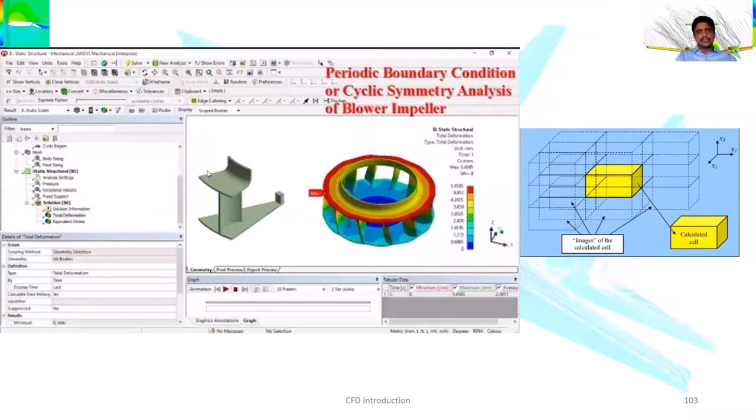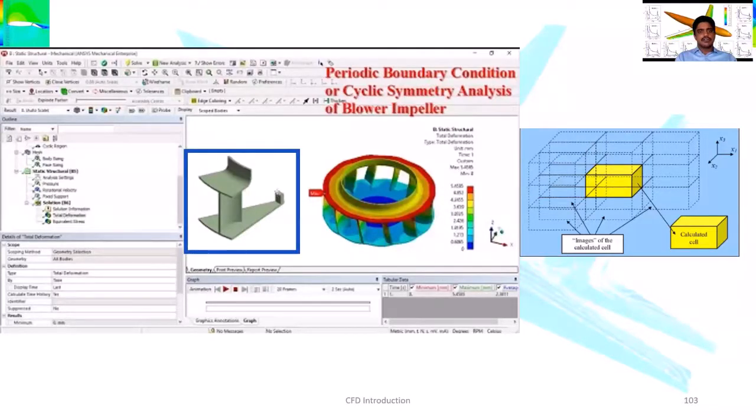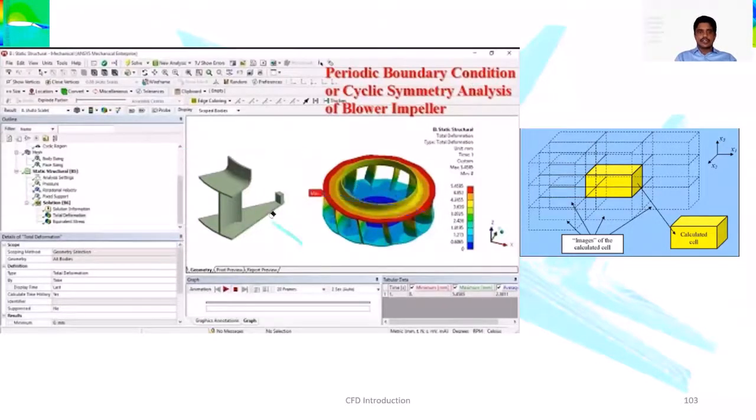So that is the blade here you can see in the geometry. Only one blade is being analyzed in this one, and that blade is being applied with the periodic boundary condition. When your full analysis is achieved, you need not model the complete geometry like this. You just do this one blade analysis and apply it onto the full one, as it is completely symmetric and the periodic boundaries are available on that one. So that is the result to take advantage of.